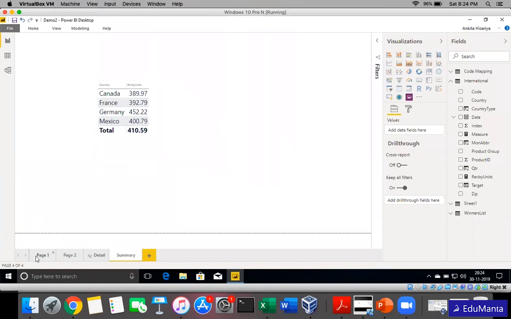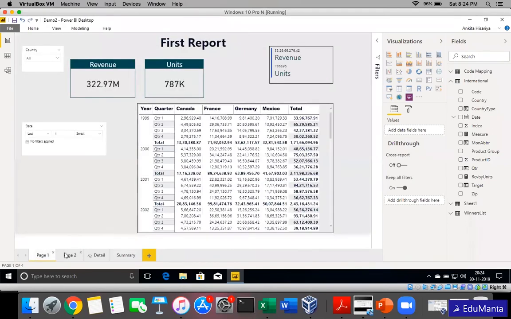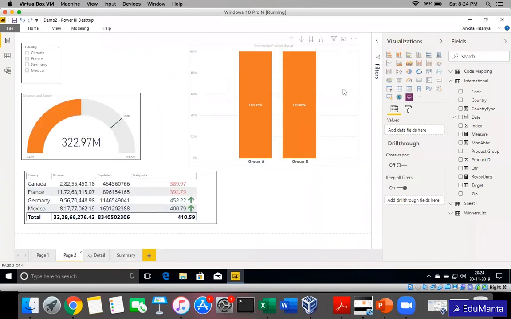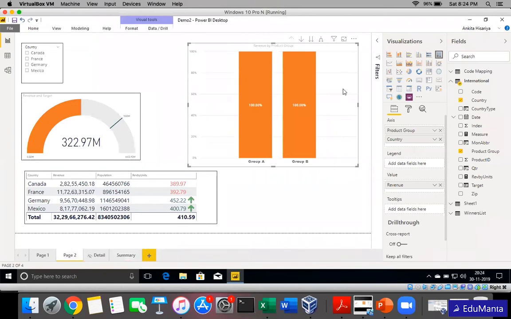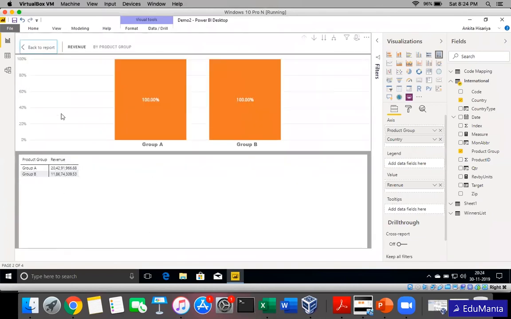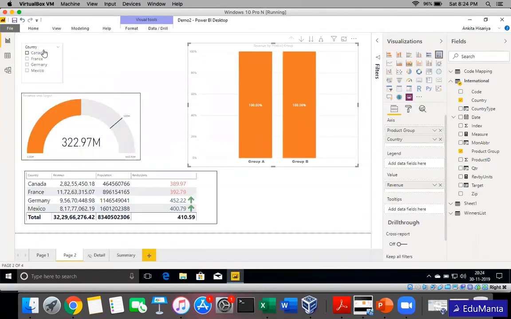And okay, one more thing before I go to cloud is, for example, when you are seeing any particular visual and you want to see the data for that, you can also use the show data option. What this will do is open a data tray at the bottom and just display the data. It doesn't make much sense here, but in some of the charts where there are multiple categories and all, it becomes convenient, okay, to see the data, and then you can go back to the report.